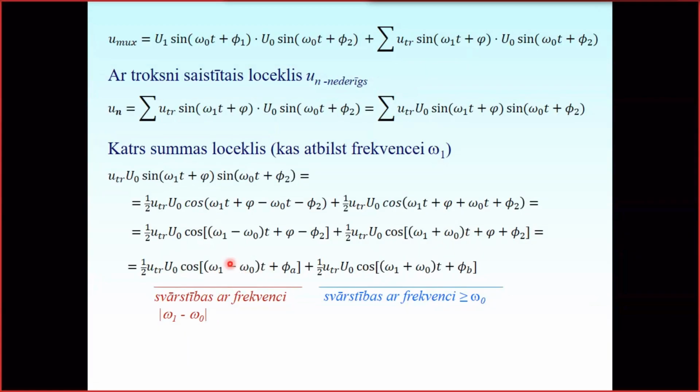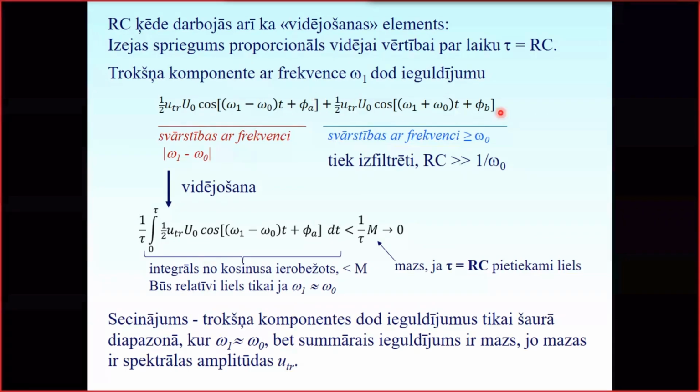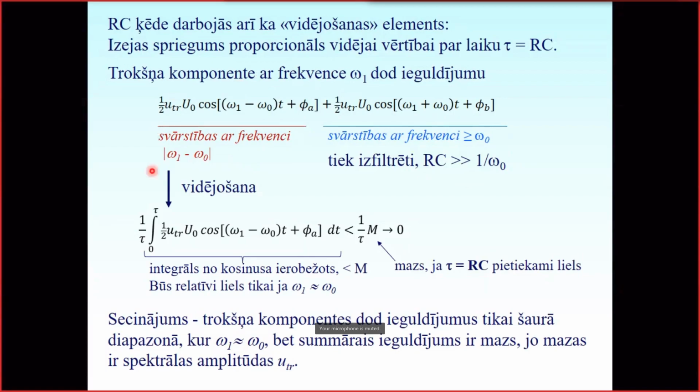But only for the very narrow band around omega 0 will this frequency be low enough to give some kind of contribution to the final signal. But generally, if I look at this signal, the fast one, which has a frequency higher than omega 0, will be just filtered out by my filter. But this one, which has a lower frequency, is some kind of low, nearly DC oscillation. If I look at how the filter works with it,